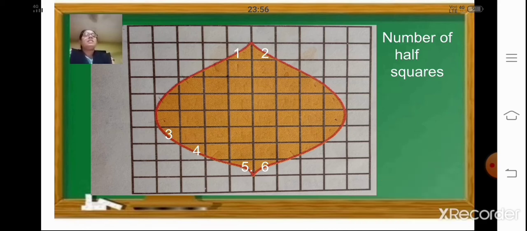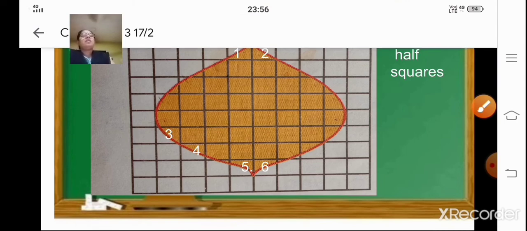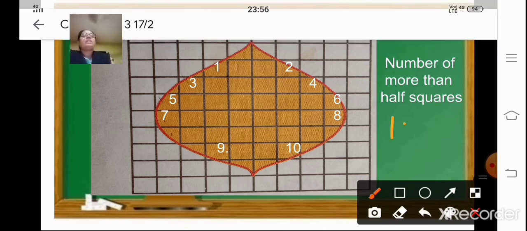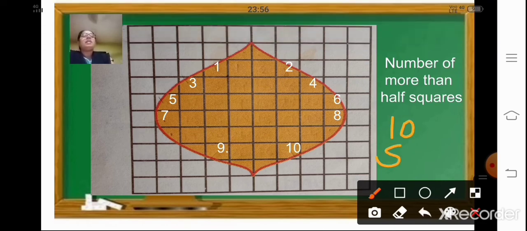Okay, same way here you can see more than half, that is number of more than half squares is 10. So we will consider it as full one square. So that is totally 10 full squares. Okay,